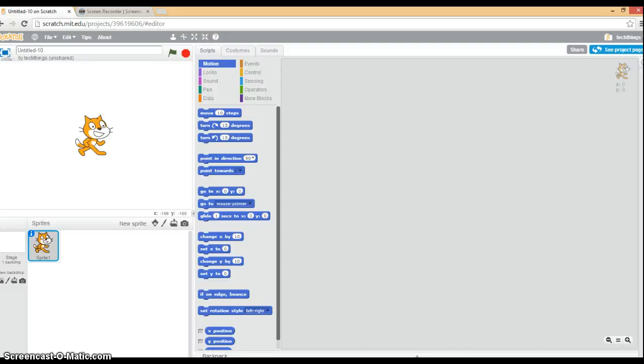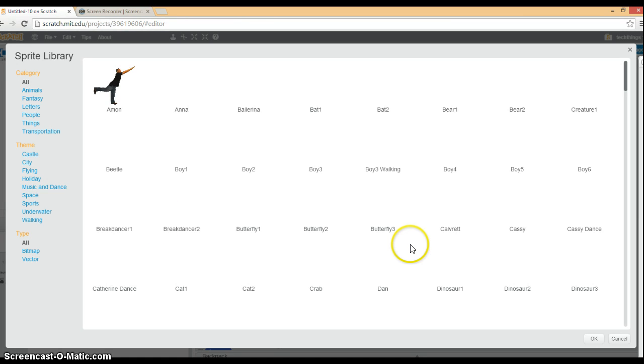Welcome to your tutorial for unit price comparison. What you're going to be doing is create a program that asks the user for the first product and how many items you get for that price, the price of the second product and how many items you get for that price, and then we're going to compare the two unit rates and tell the user which is the better deal. To start off with, I'm going to actually choose a different sprite